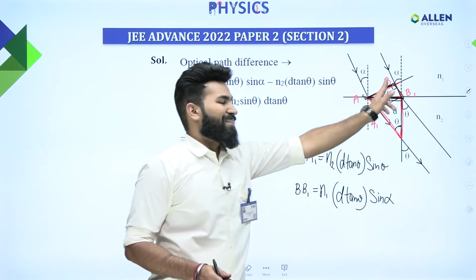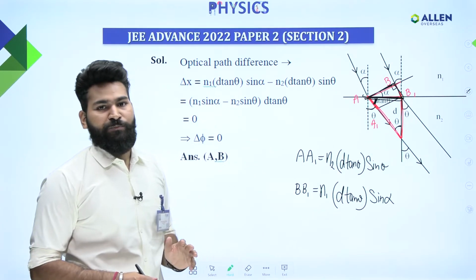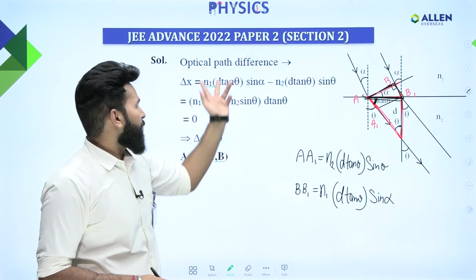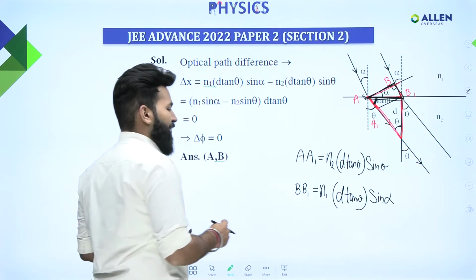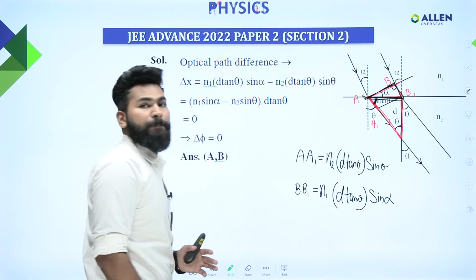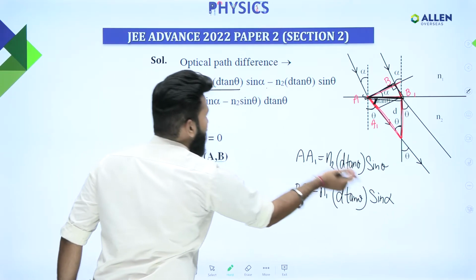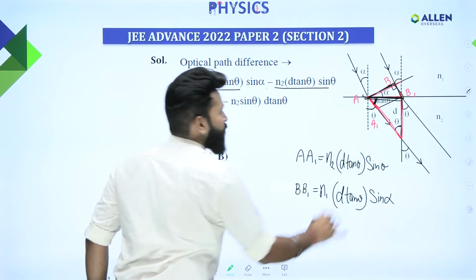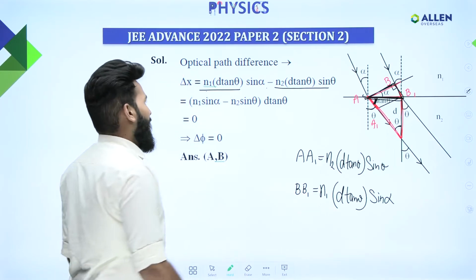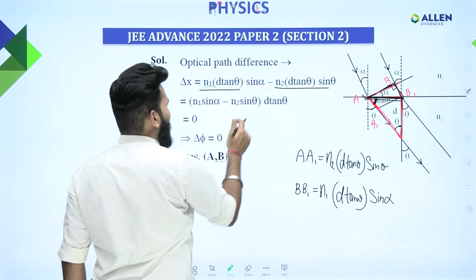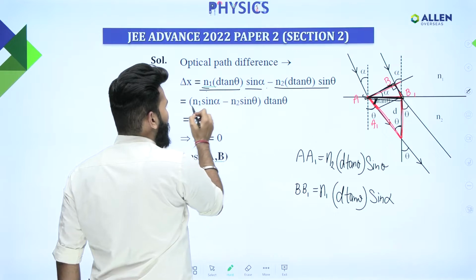Now we have to see the difference between these paths. That will ultimately give us the optical path difference. So it will be nothing but BB1 minus AA1. So it's written over here: n1 into d tan theta sin alpha minus n2 d tan theta into sin theta. Okay, now if you take d tan theta as common, we will be left with n1 sin alpha